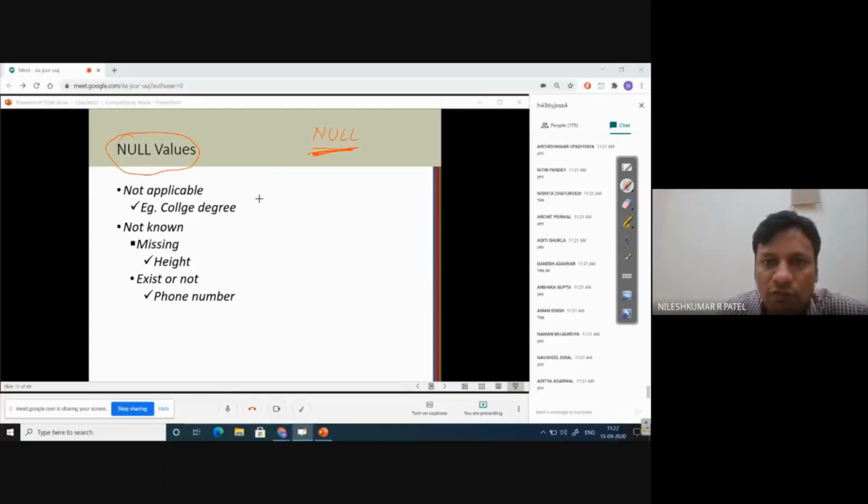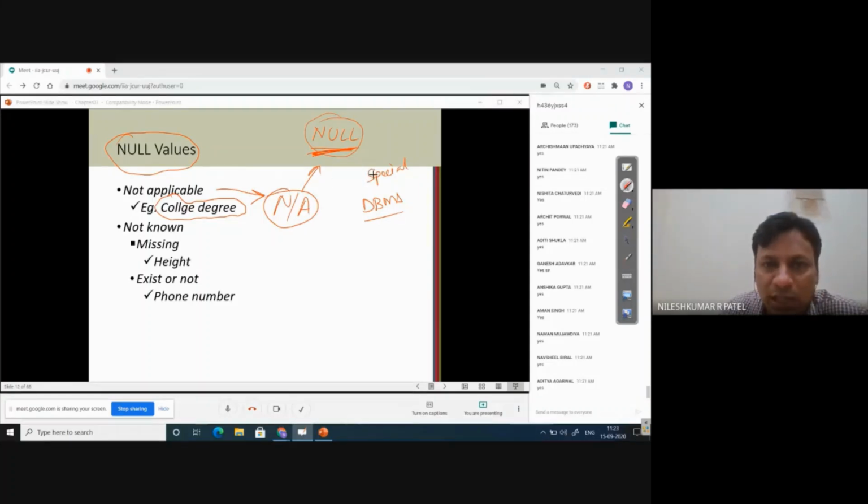So when you want to enroll to JUT Guna and fill the registration form, and there is one column called previous degree, what will you fill? Not applicable in that column, right? For example, college degree, not applicable. So if you fill not applicable, what is going to be stored in the database? Null, right? It is one special constant created by any database management system. So in case of not applicable, it fills null. If you do not mention anything, null will be there.